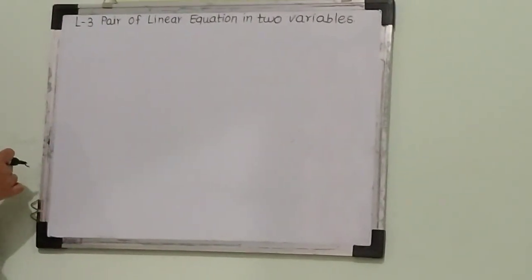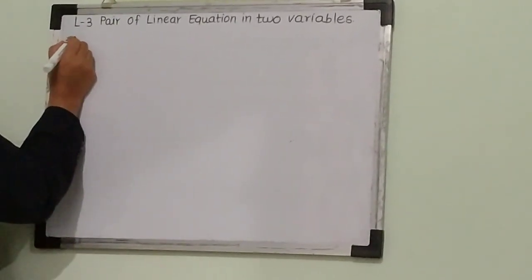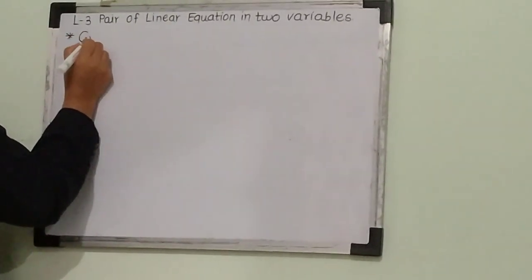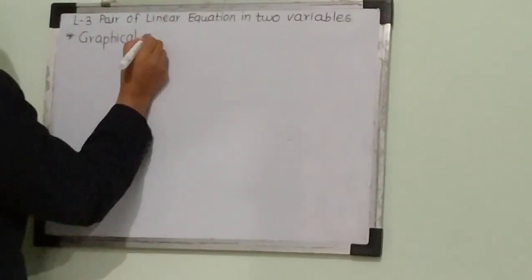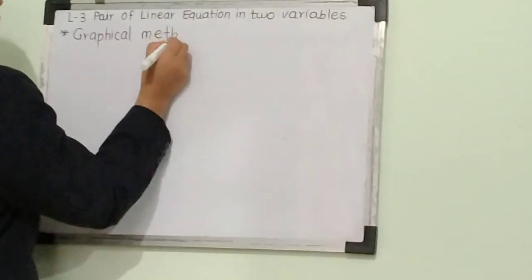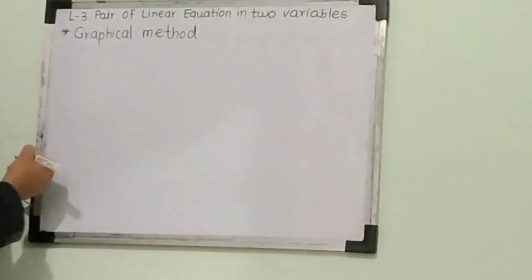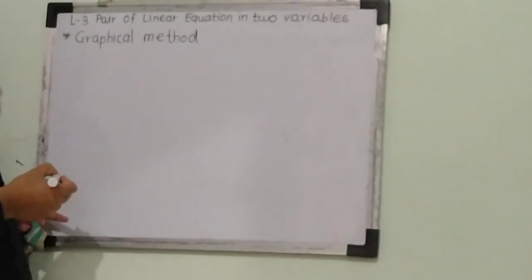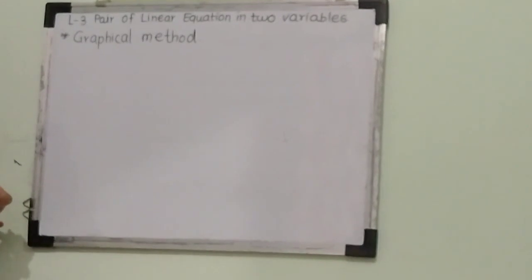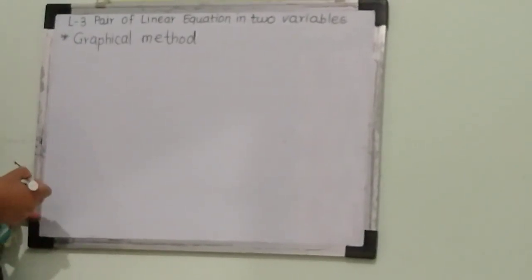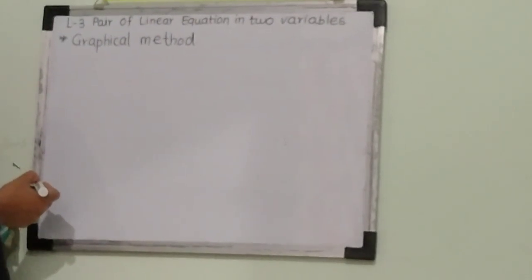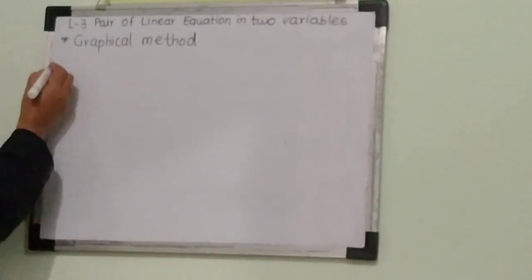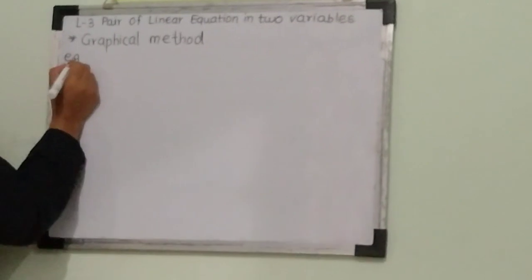So let us take one example for the graphical method. As we learned in 9th standard how to draw the graph of a linear equation, here we are going to use the same way to plot the points for the given linear equations. So first I am going to consider one example, that is